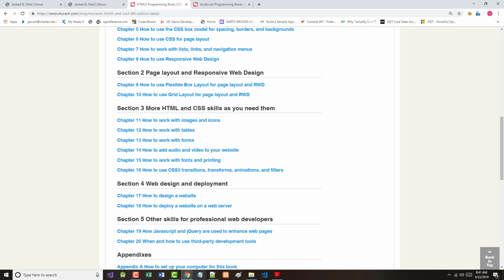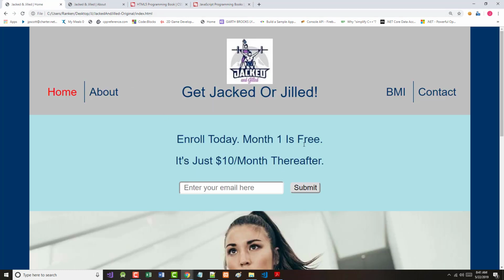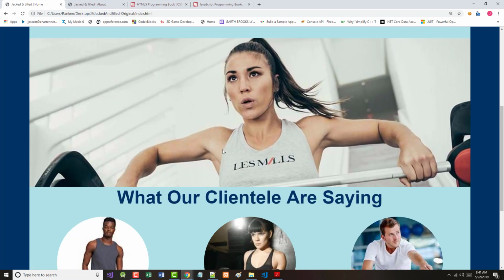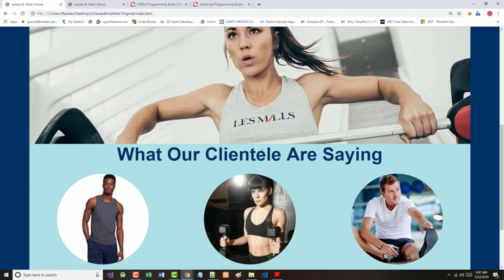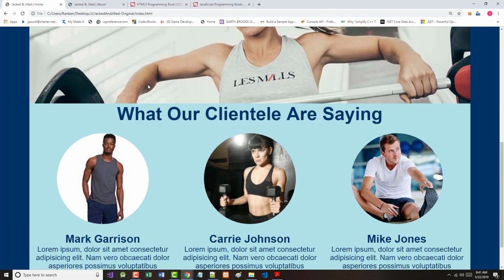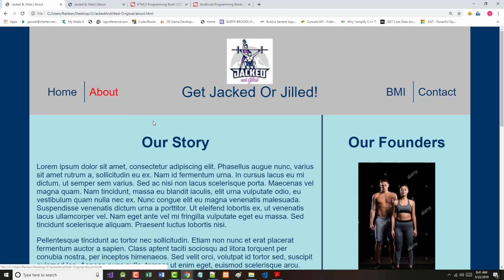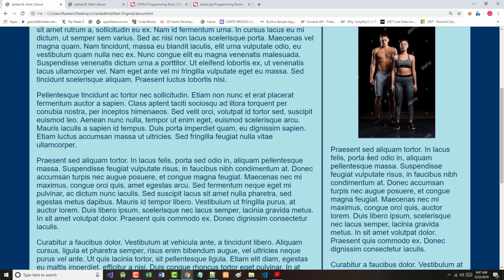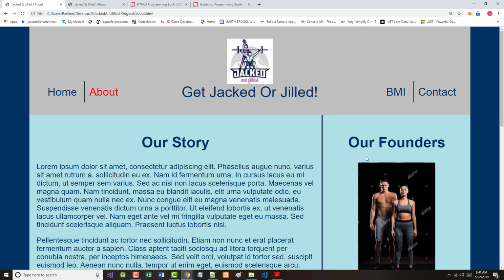All right? So when you look right here, and I'll keep those up, this is the way we left our website looking. Okay? It's not great. It's not terrible. There's the logo, home and about pages, and a little tagline there. The rest of our menu, an enrollment section here, a picture of somebody who's supposed to represent the owner, what our clientele are saying, and a footer down here. And we can go here and get to an about page where we've got our story and our founders. One thing to notice is this page is totally